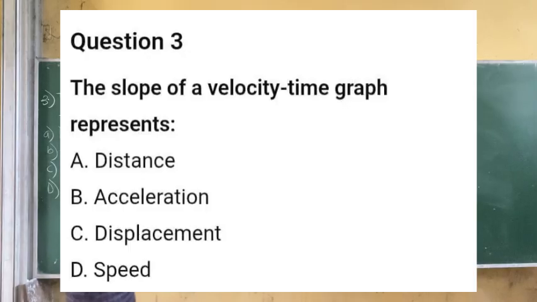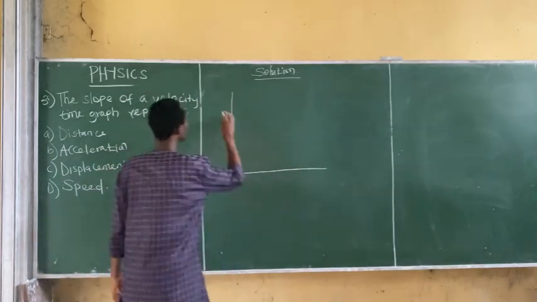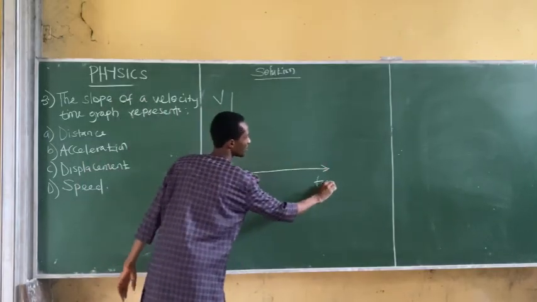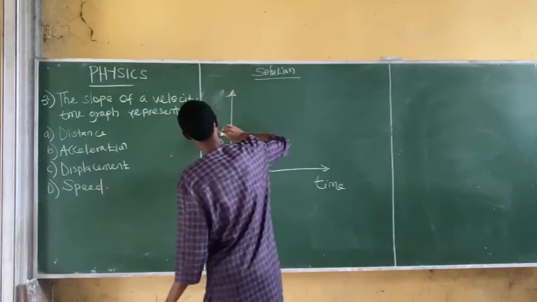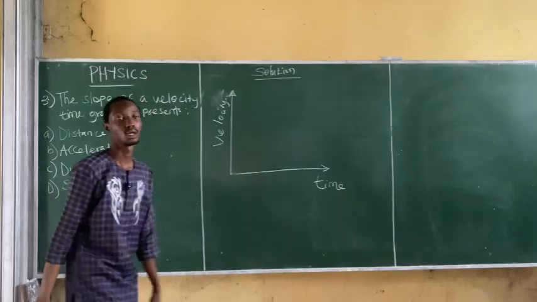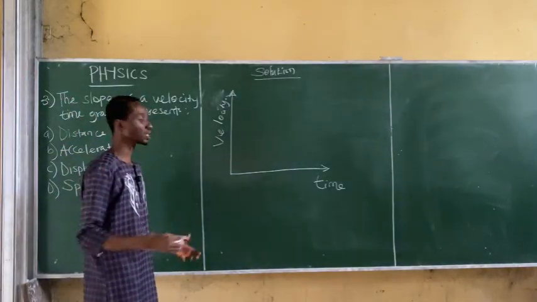The velocity time graph is a graph of velocity against time. To get the slope, which is also the velocity gradient,